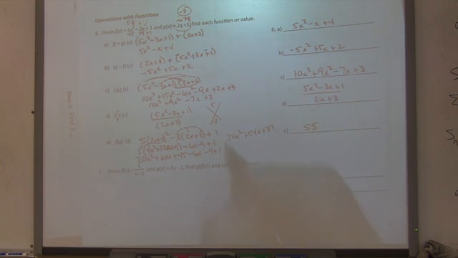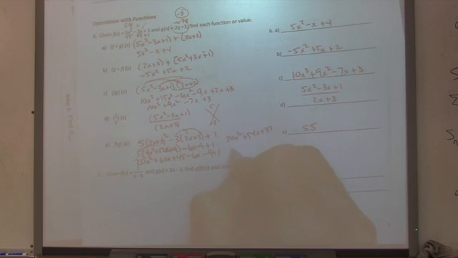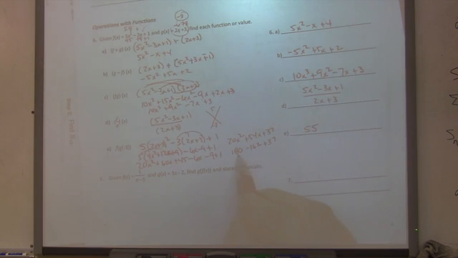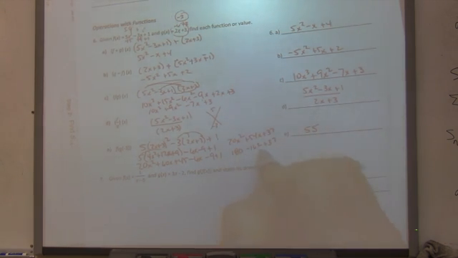So if I've done that right, if I plug in negative 3 here, that would be 9 times 20, which would be 180. 54 times negative 3 would be a negative 162, if I did that right. So that would be 180 minus 162 is 18, and 18 plus 37 is 55. So we got the same answer, but you can see a lot more work to do the function first and then plug in the number than if you plug in the numbers first and then put it